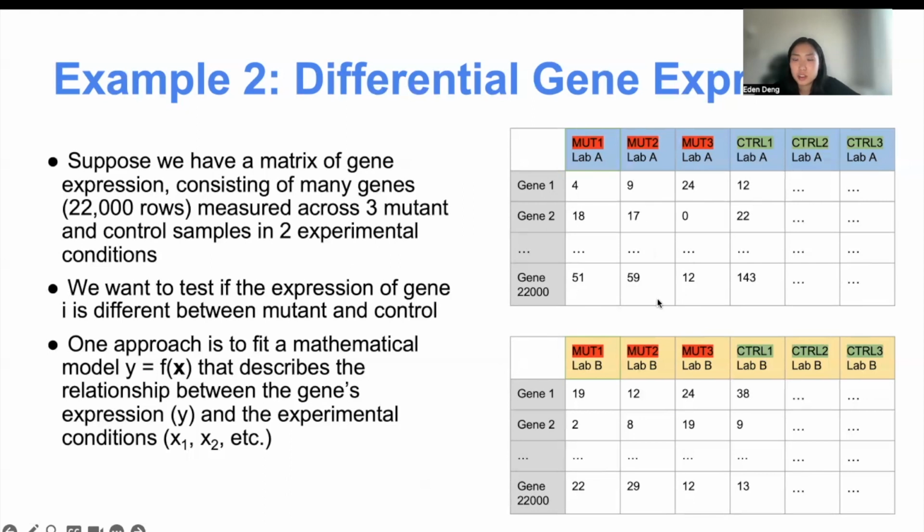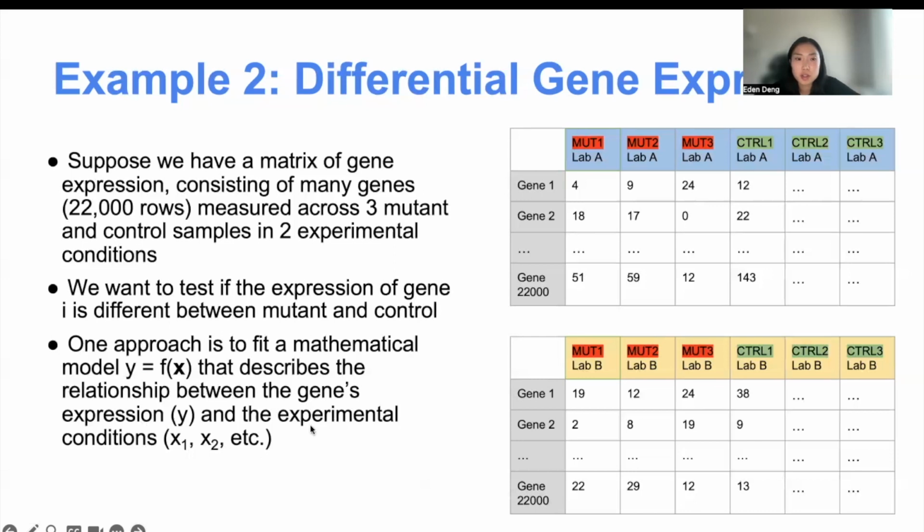So we have a total of 4 unique types of experimental conditions here. And then we've measured gene counts under each of these conditions. So our data might look something like the matrix here on the right. Our objective then is to test for differentially expressed genes between the mutant and the control samples. So these are genes that are expressed at different levels in the 2 sample types. And since we have this extra variable here, which is the lab condition,